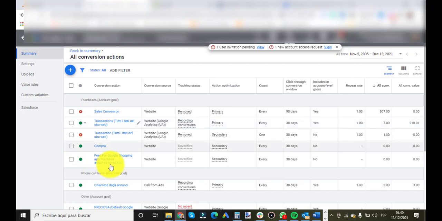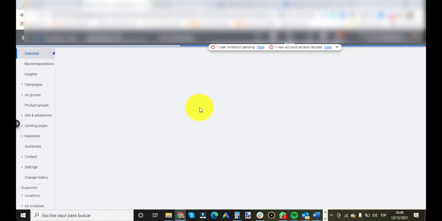And after, you need also to check the accuracy of the numbers, because sometimes this one is not so accurate, or sometimes this one is not so accurate. So you need to try to keep the most accurate one. Okay, there is work to do with the value there and to make sure that the values and the number of orders that we get are as accurate as possible. Okay, so my conversion is done, and if I come back,